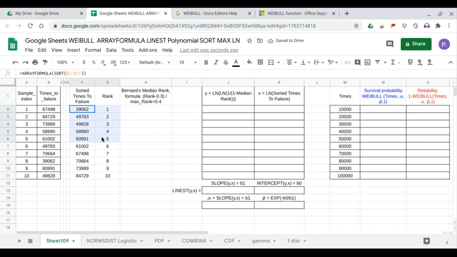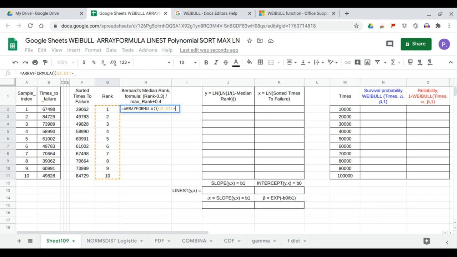Now that we have re-ranked and sorted it, we can calculate Bernard's median rank formula, which is equal to rank minus 0.3 all over maximum rank plus 0.4. So array formula, rank, no, that's not array formula. So array formula, rank